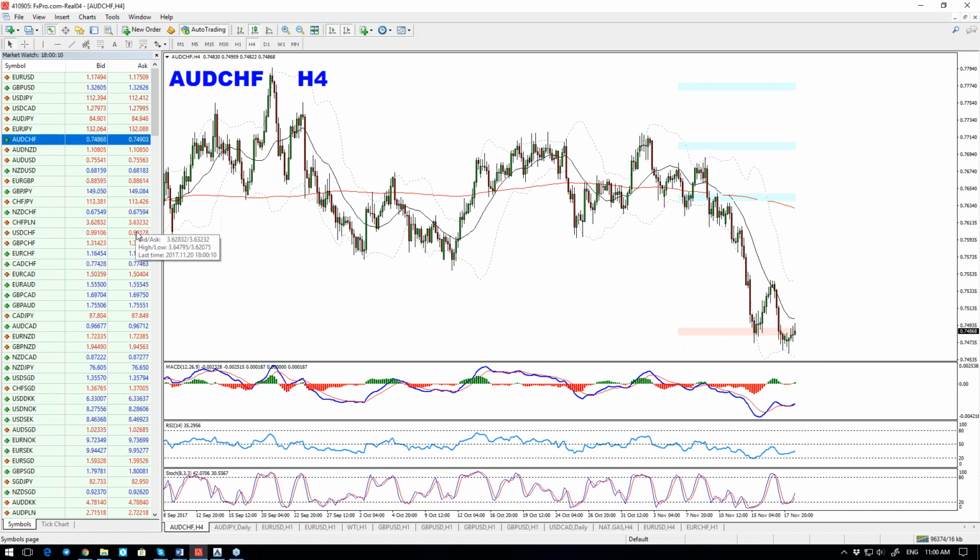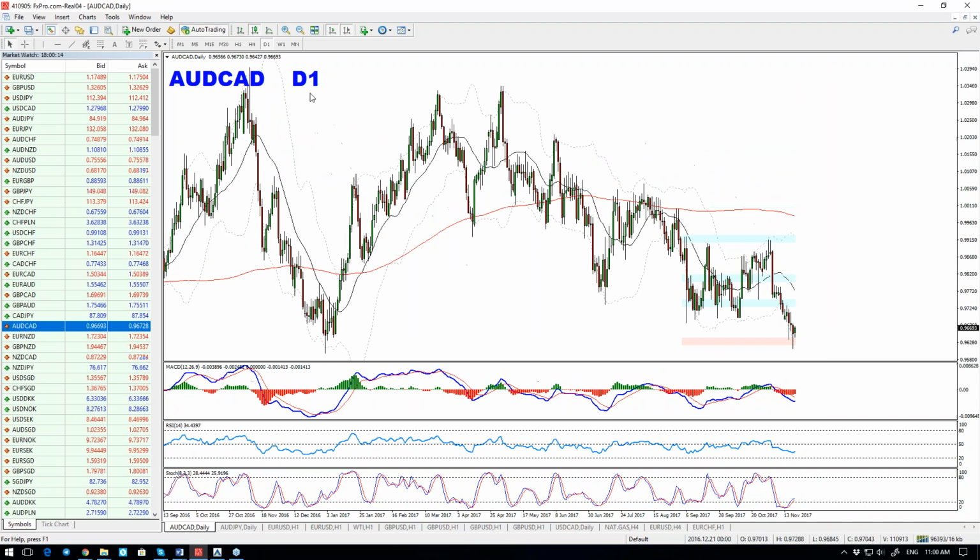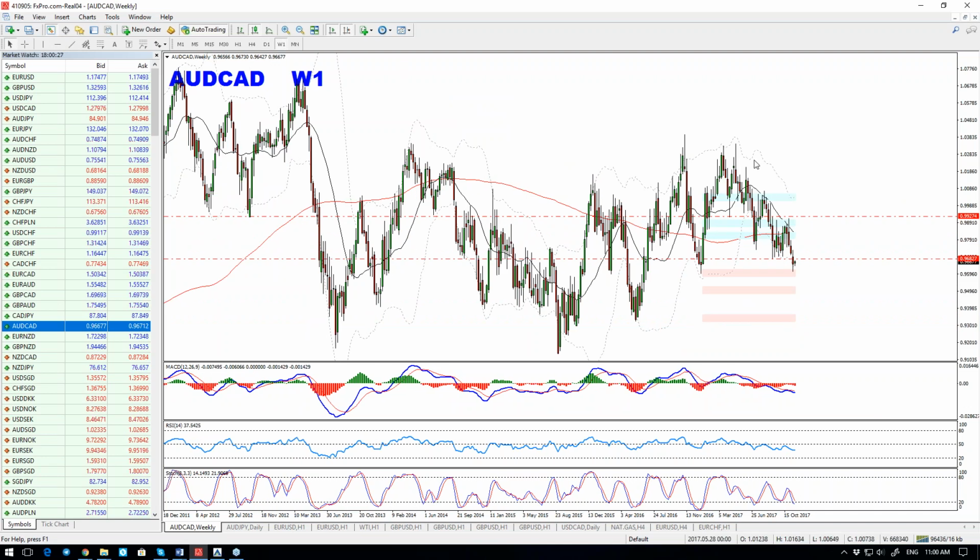The next one is Aussie versus the Canadian. Now this one finally broke this 1 candle range. At the same time, this is stuck inside this weekly range here. Well, it also has a bullish possible divergence to form. So Aussie CAD